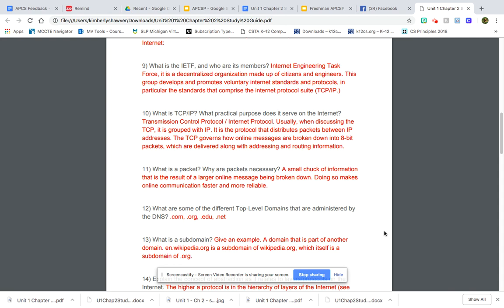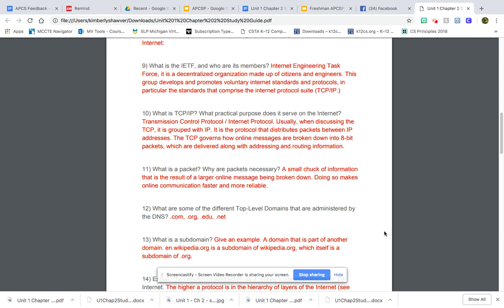What is the IETF and who are its members? The IETF stands for Internet Engineering Task Force. It is a decentralized organization made up of citizens and engineers. This group develops and promotes voluntary internet standards and protocols, in particular, the standards that comprise the Internet Protocol Suite,